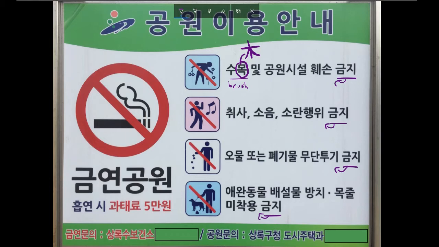So the bush, or the brushes, in addition to, this is what mid means, in addition to, I'll just put a plus to say in addition to. There's park again, we learned that here, and we learned it here. In addition to the park, 시설 means facilities. And 해손 means, again, this is a word that I could say hada, and that means to damage. But if I remove the hada, I'm just left with damage.